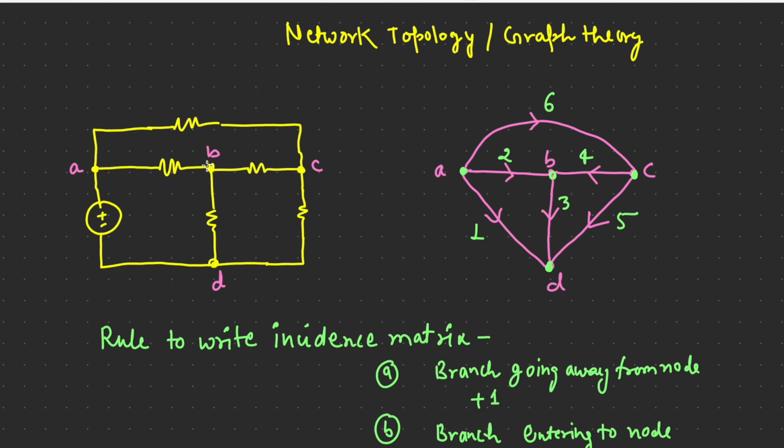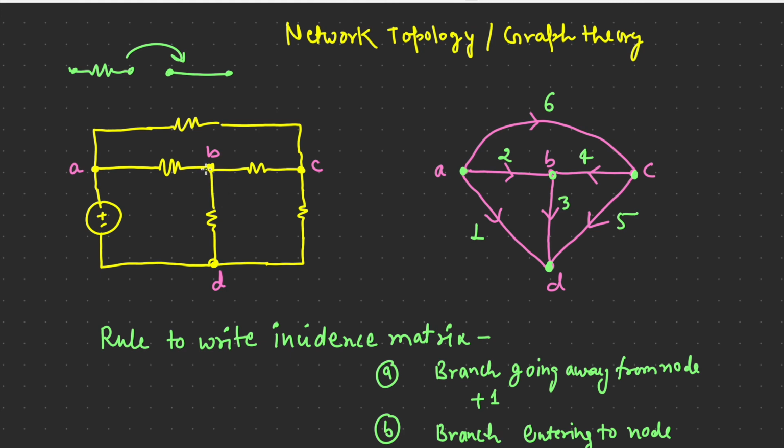And between two nodes, there is one branch. So to form a branch, at least two nodes are required. So for this given circuit, we can draw a graph. So when we have passive elements such as resistor, inductor, or capacitor, suppose this is a resistor. While drawing the graph, we can draw it as a straight line. So there are two nodes and one branch for this given resistor. Same way for inductor or capacitor. And the voltage source will be short circuited and the current source will be open circuited.